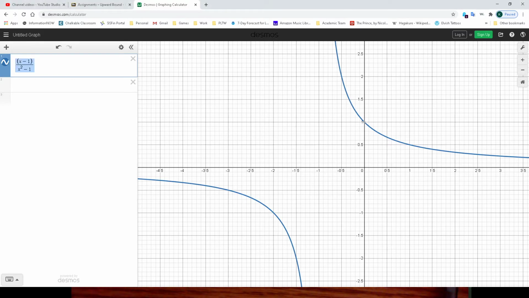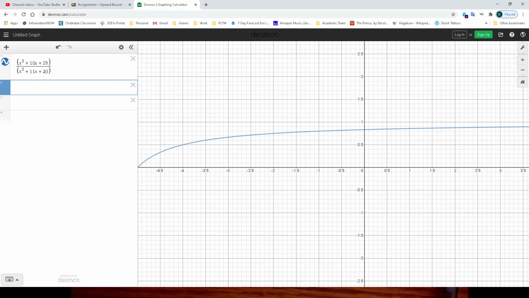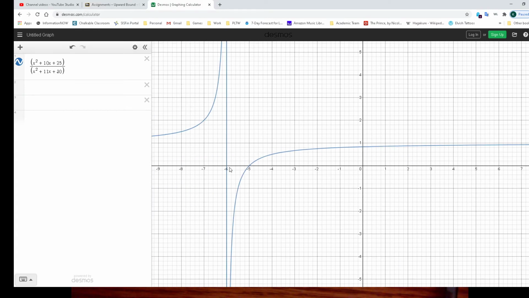I have on top x squared plus 10x plus 25 divided by x squared plus 11x plus 30. Okay. Let me zoom this out a little bit so you can see a little better. Okay, I can clearly see over here that at negative 6 there is going to be discontinuity, right? There's this asymptote going on. But I can also see here at negative 5,